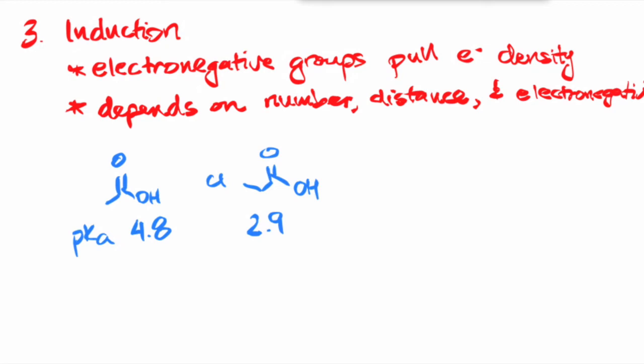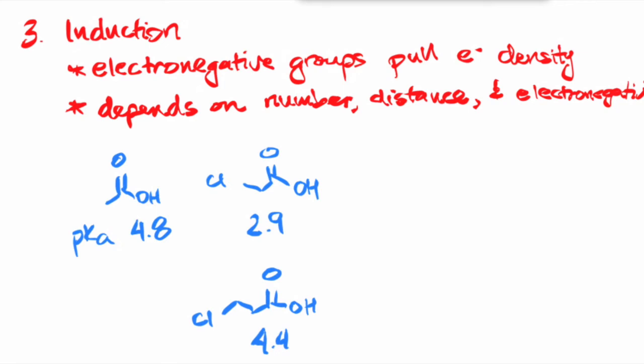Let's take a look at a different molecule here. Remember we talked about that distance effect? What happens if we put one more carbon in between before that chlorine is attached? So it's one atom removed. How much of an effect does this have? It turns out pretty big. The pKa jumps back up to 4.4, very similar to the original acid. So that was the distance effect.